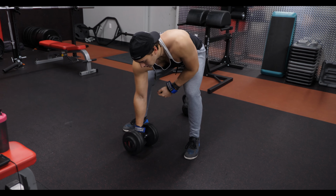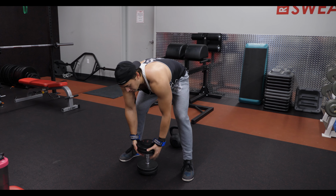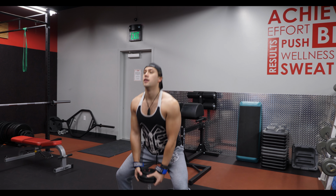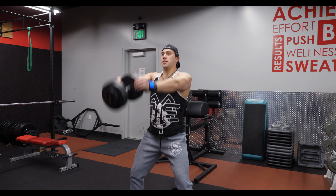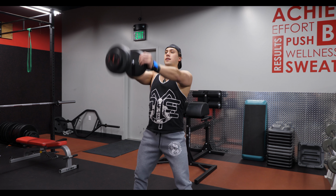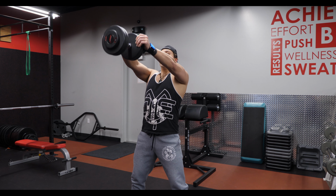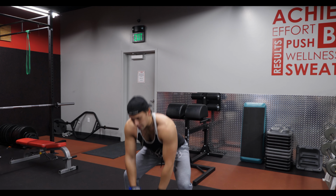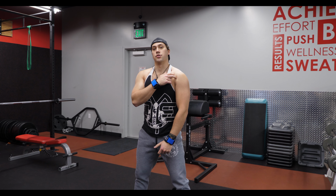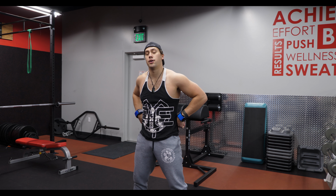Now with the dumbbell, stand it upright, grab the edges right here, and we're gonna do the same thing. Up, down. Nice, controlled movement, keeping our back as straight as possible. About 8 to 10 reps. Really focusing on hitting those front delts and keeping our back, like I said, as straight as possible to help